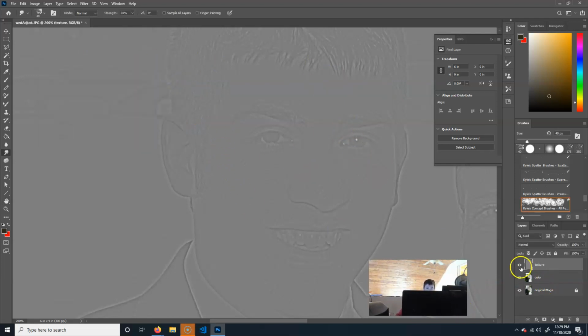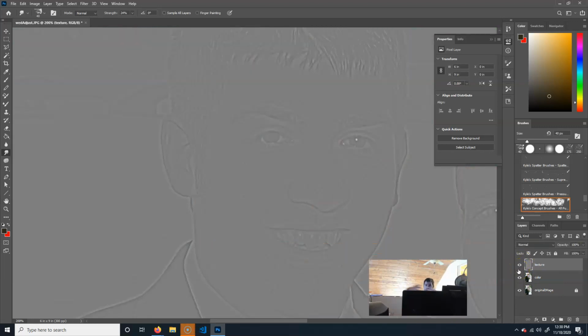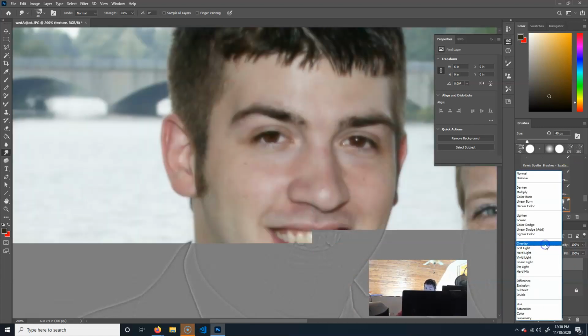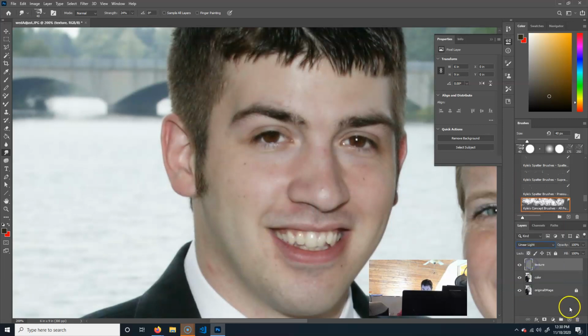Okay, so now if you look, I have this color layer and I have this texture layer, but we need to combine them in a way. So with the texture layer selected, we're going to change the blending mode to linear light. Now I just want to show you, I'm going to turn this layer off. Actually, we'll go like this. I'll turn this one on,